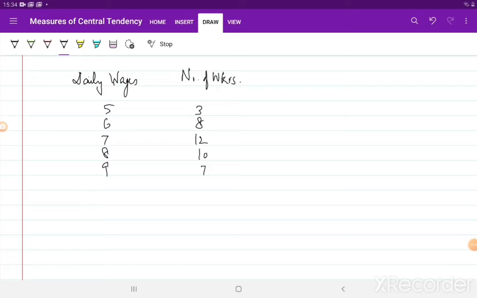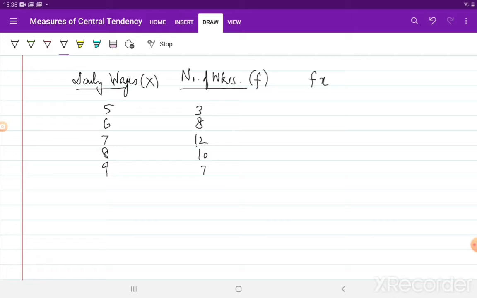So this is the example that I've got. Again, this is directly from the guidebook that I'm using right now. So these are your daily wages in rupees. These are per hour per day wages that are being received. And so this is my x variable. And this is the frequency. Frequency here means the number of workers that receive these wages per hour per day. So 3 workers receive rupees 5 per hour per day. Similarly, 8 workers receive rupees 6 per hour per day. And 12 workers receive rupees 7 and so on. So our x is 5, 6, 7, 8, 9, that is the wages being received, and our f or frequency is the number of workers receiving